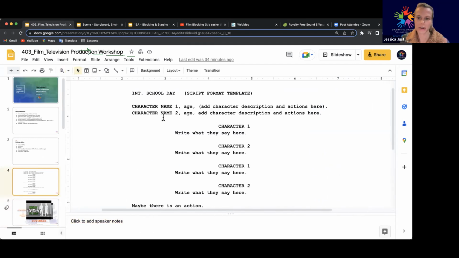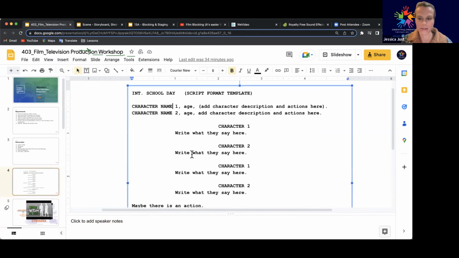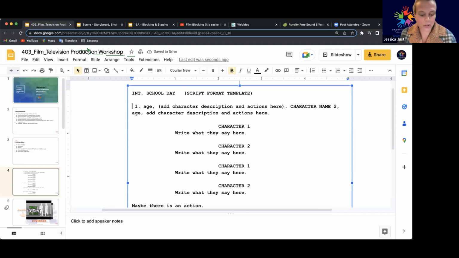So for the screenplay format that is free and available through Google Forms provided, I did something a little bit different just so that you could be clear on who your characters are in the scene. It does not have to generally be included in a typical screenplay format, but for this project, I find it helpful. So when you first introduce a character, see how I clicked in there and I just deleted it. You can,